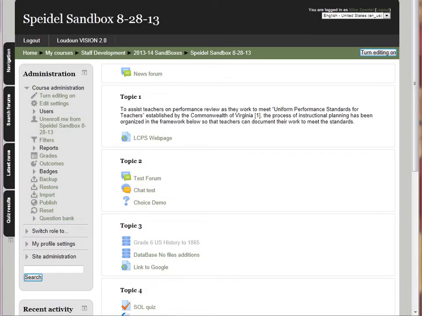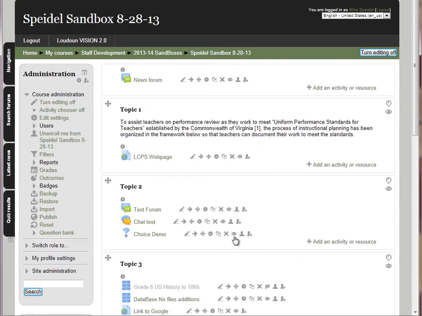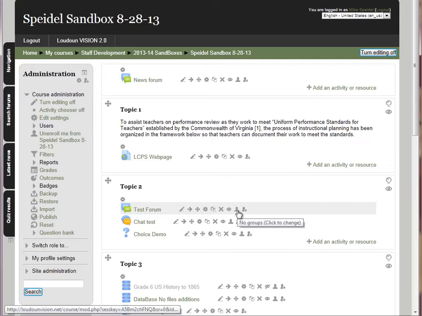Now that you have groups set up, let's actually see how it looks once they're set up. So I'm going to navigate to a course where I have instructor rights. I'm going to turn editing on, and you'll notice that right here, this test forum is what we're going to end up using. And you'll see right here, the second to last icon, it says right now there's no groups,